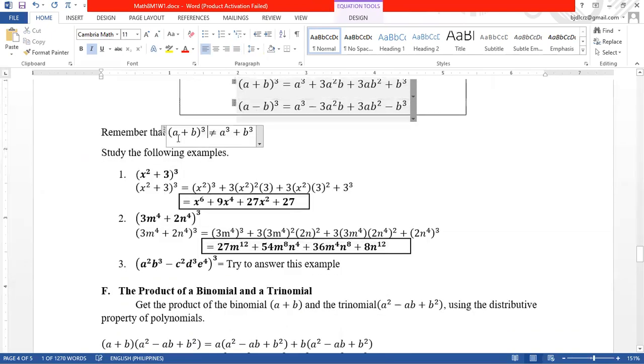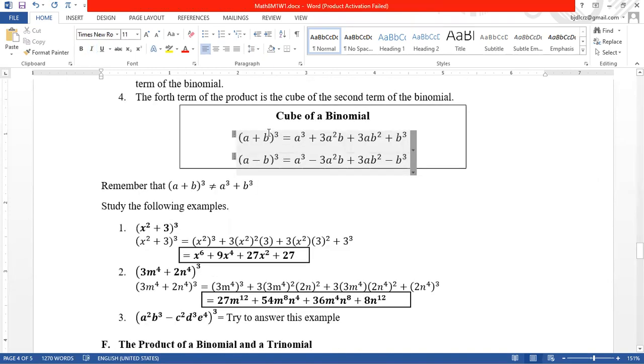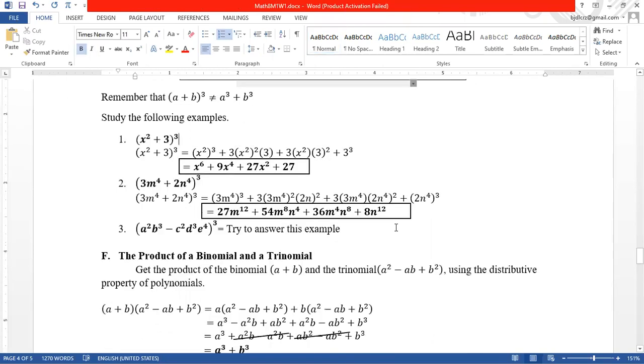So always remember that a plus b raised to the power of 3 is not equal to a cubed plus b cubed. So dili siya pwede i-distribute lang diretso si 3 kay a o si 3 kay b. Dapat gamitan siya FOIL method or you're going to use this formula of the cube of a binomial. So study these following examples. We have here x squared plus 3 raised to power